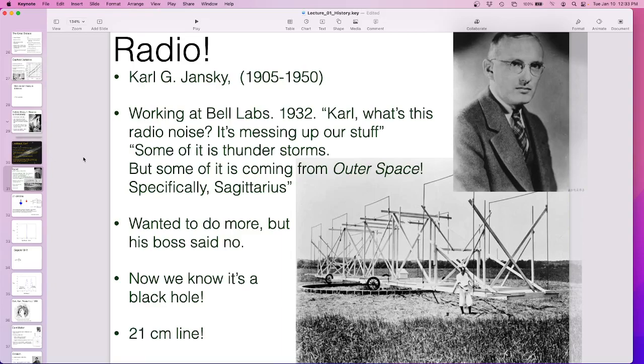So he invented radio astronomy. He was working at Bell Labs, which is the telephone company. Bell Labs wanted to know how can we use radio to put the telephone on the radio instead of wire. Now we're totally spoiled with all this wireless technology, right? Back in the day, everything had to be connected by physical wires until they figured out how to use radio for phones and stuff.